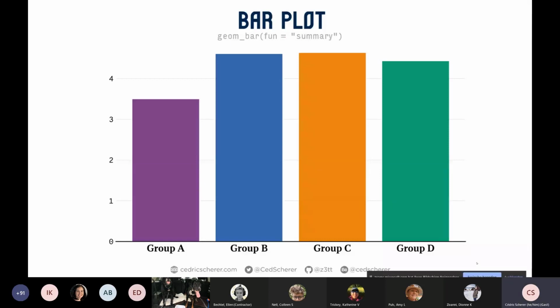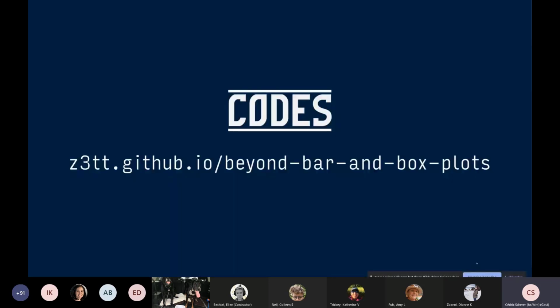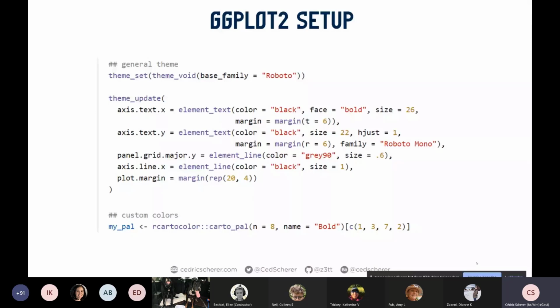So this is one plot I've already created in ggplot, so you can follow along with the code as mentioned, but you could also just listen and go to the code a bit later and have a look at how in detail these plots were produced. But a few words on the general setup. So this is some ggplot code already. We have loaded the ggplot library or the tidyverse already. And what I always do, and especially here, because I will present a lot of different plots, in the first line, I set a theme globally. And here I'm using theme_void, which means draw nothing. And you can already in there, with the base_family argument, say what type of font you want to use.